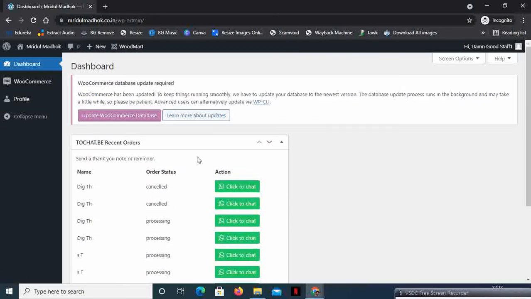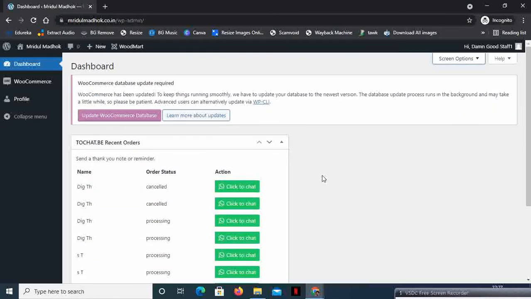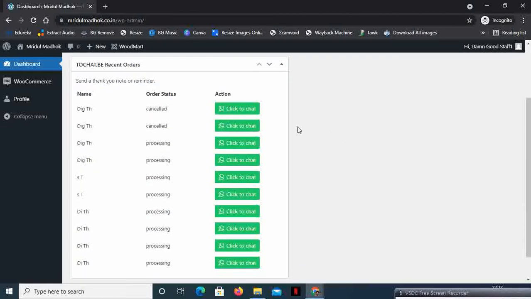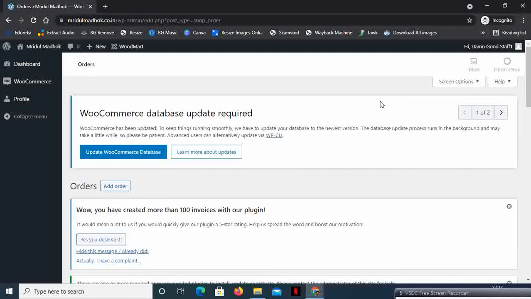If you just want to disable this on the staff login, you can go to the screen options and disable it from here. So I have left it open for the staff to check the things if you wish to give this facility to the staff. So as discussed on the WooCommerce, we just need to give the access to the orders to the vendor staff. So this is basically to download the invoices on the order.